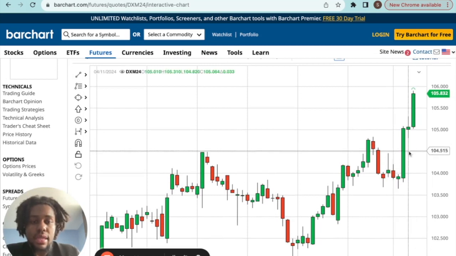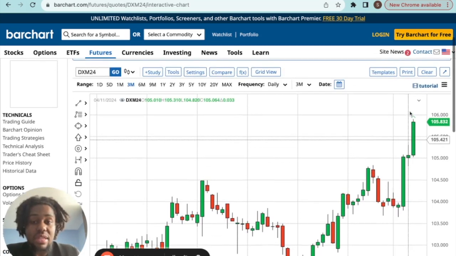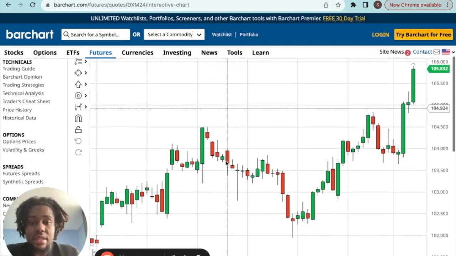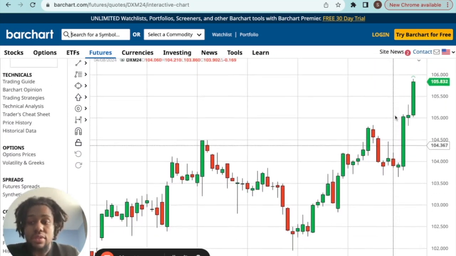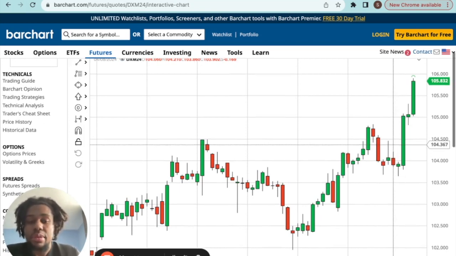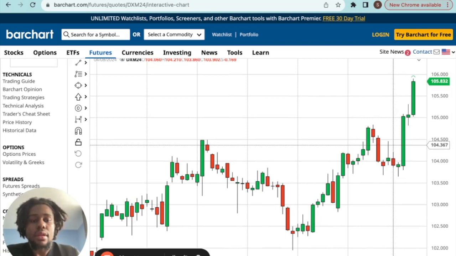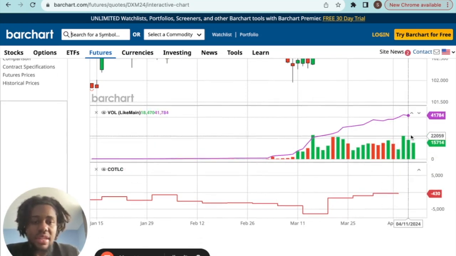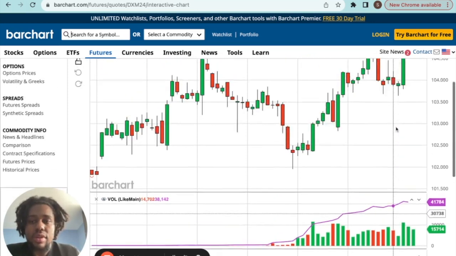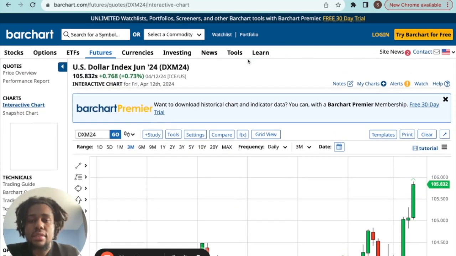So what we could see is very, very easily a sharp push down, considering fundamentals, considering how commodities are moving, considering it's in a premium, considering all of these factors, right? So that's something that we can revisit when we come back to our analysis of the dollar index,